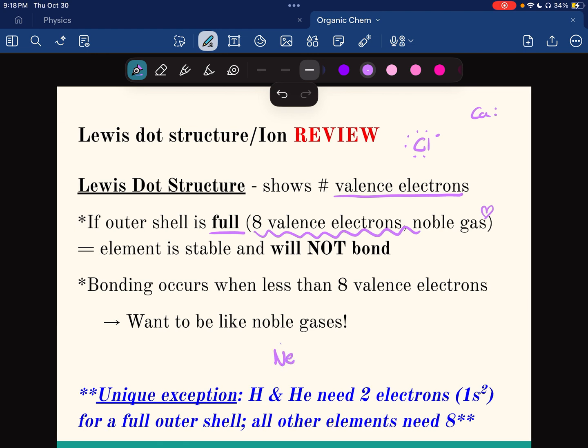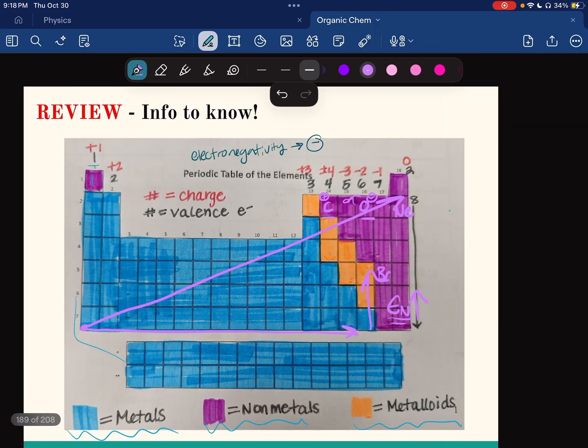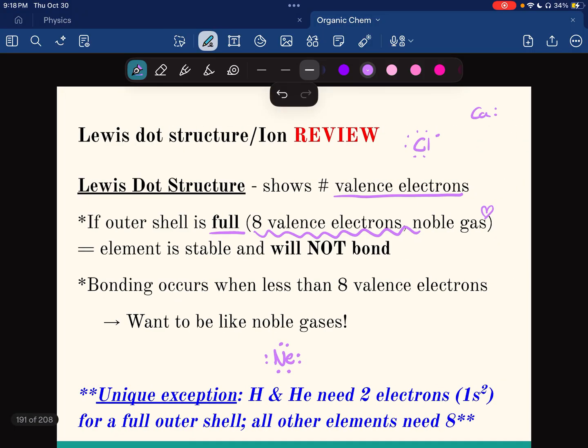Neon has a full octet, but it also has no charge, so it is neutral. It's not positive or negative. Because it's neutral and has a full octet, and when I'm referring to an octet, I don't know if I have explained that, it just means that it has 8 electrons. That's how most elements are happiest, because you want to fill the valence shell. The valence shell is the outermost shell of the electron,